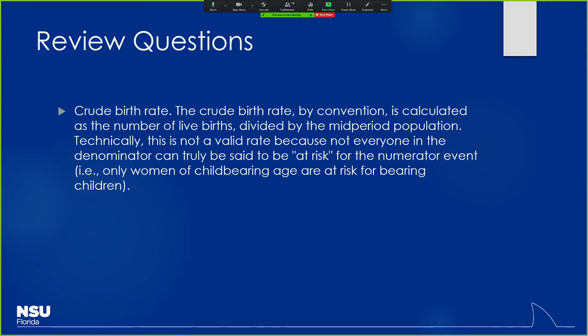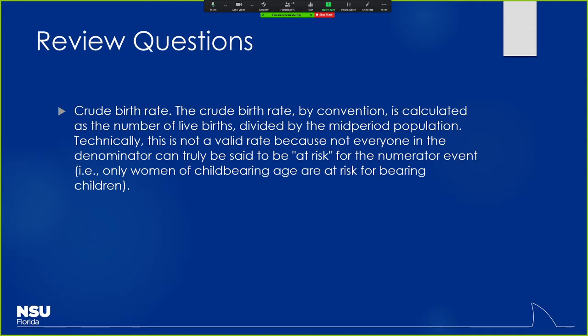So again, a couple of things: why is it a rate? Well, because it's that mid-period population. So that makes sense from that standpoint. And then why is it crude? Well, because we haven't really standardized it to anything. We haven't really taken into account location, gender, or I guess not gender necessarily, but ethnicity, age of the mother, things like that you could do to try to standardize those sorts of numbers. So because it's crude, it can be misleading when you start to compare it to other people, right?